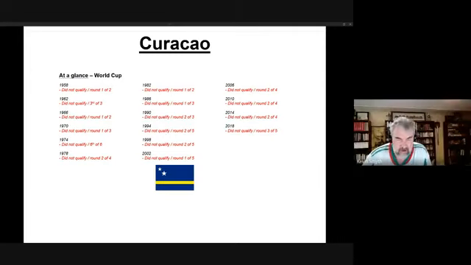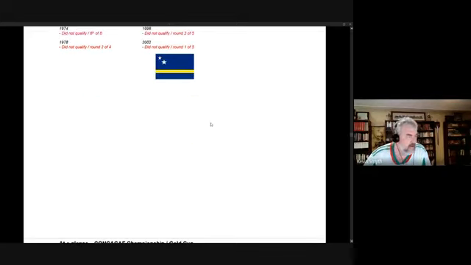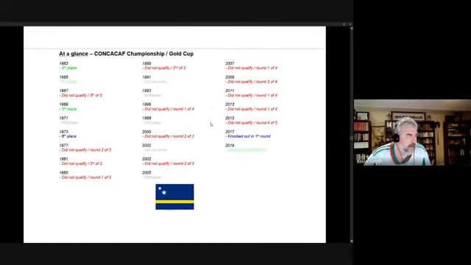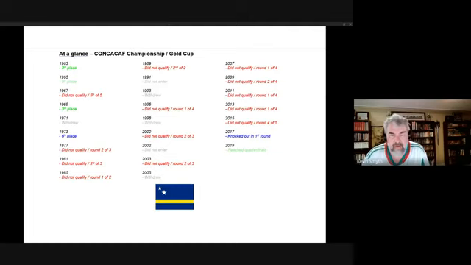Right. Okay, let's take a look at their history in the region. As Connor said, for the World Cup, they were stronger in earlier years. They were really a force to be reckoned with, actually, in the early years of this CONCACAF championship. In 1963, they reached the final round by twice beating the respectable Haiti and finishing second in the group ahead of Mexico and Jamaica, beating both of them.